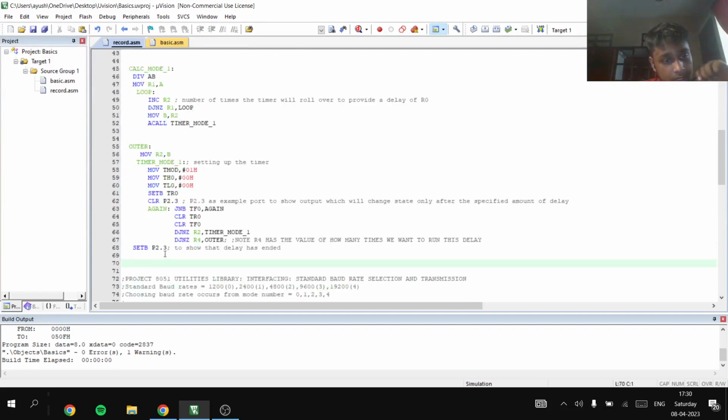So I've used port 2.3, basically we'll see a sharp rise or change in the bit state when this delay is over. So if I am to run this, right,